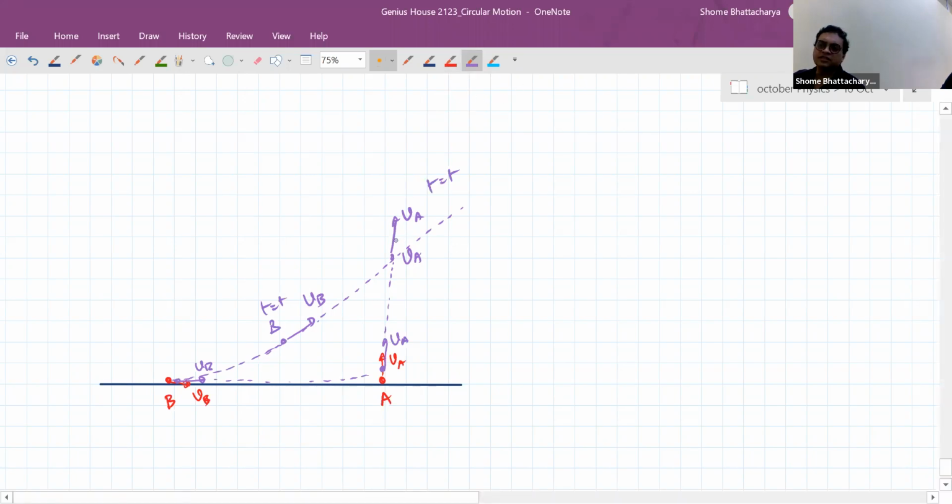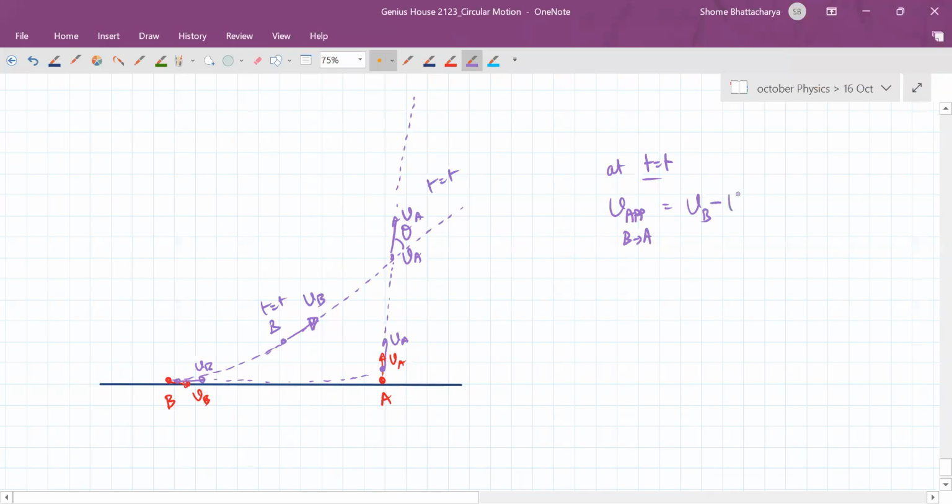Now let us take this instantaneous angle, for example, as theta. At time t, what is the approach velocity of B towards A? How much is it? Tell me. B's velocity is directly towards A, so it will contribute Vb. But A's velocity is like this, which has a cos theta component, which is away from B, and a sin theta component, which is perpendicular and will not contribute. So this will become minus VA cos theta. Very good.